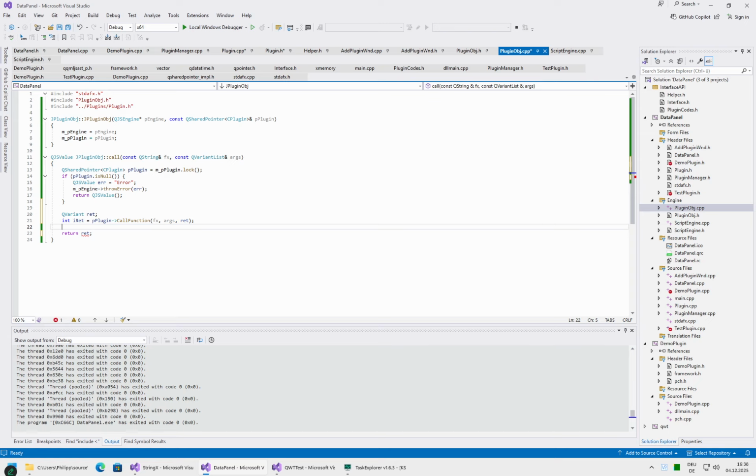Can we not? Engine to script value, yeah. To script value from our variant, and this thing, if this is a plugin, okay,